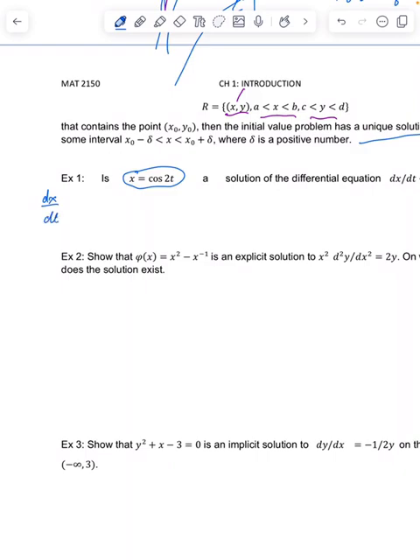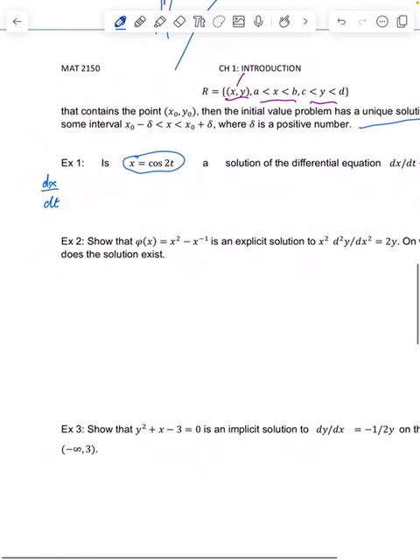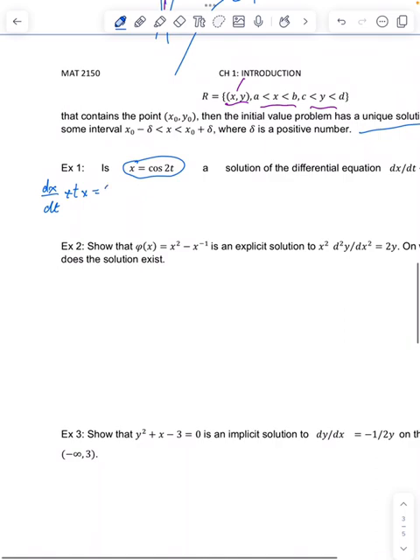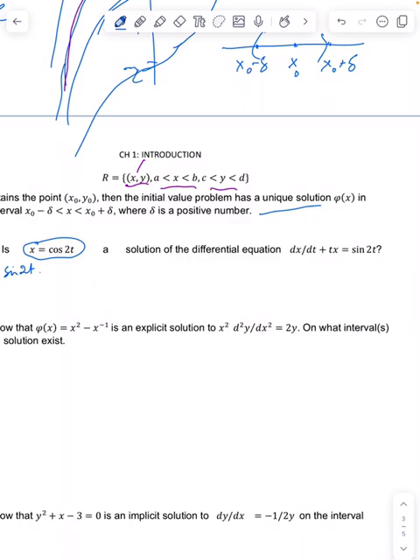It says dx by dt plus tx is equal to sine of 2t. So we note that the independent variable is t and the dependent variable is x. So that's why our solution is written as x is equal to, I shouldn't say solution because we don't know yet if it is a solution or not. But the given function is x is equal to cosine 2t. So I start with the function